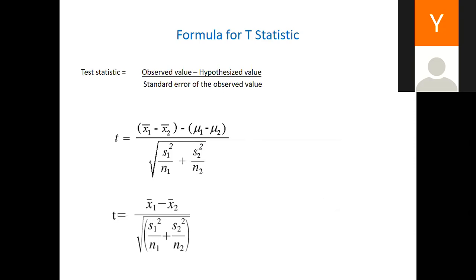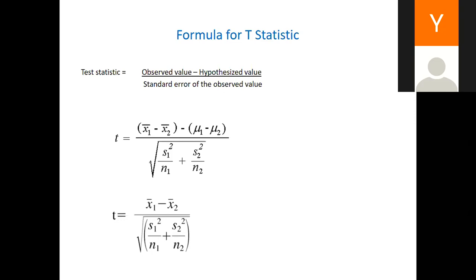If the null hypothesis is true, there's no difference between mu1 and mu2, because mu1 minus mu2 is the observed difference. If there's no difference in the two groups, they will be the same. If one is 17, the other will be 17. So if you remove them, it will be 0. It's the same logic when you come to odds ratio. If there's no difference, we divide, because ratio is about division. So if you divide the other from there, it will give you 1. That is why we use 1 as a reference.